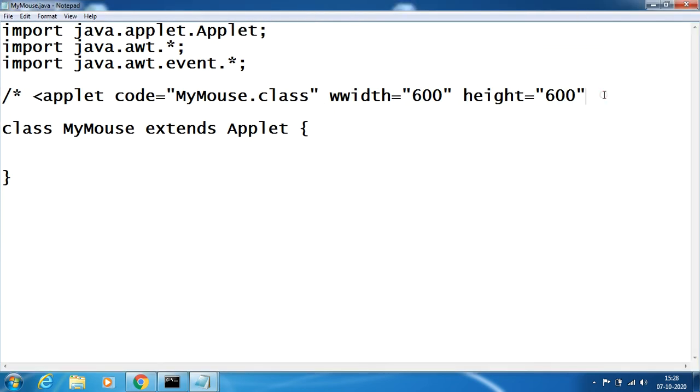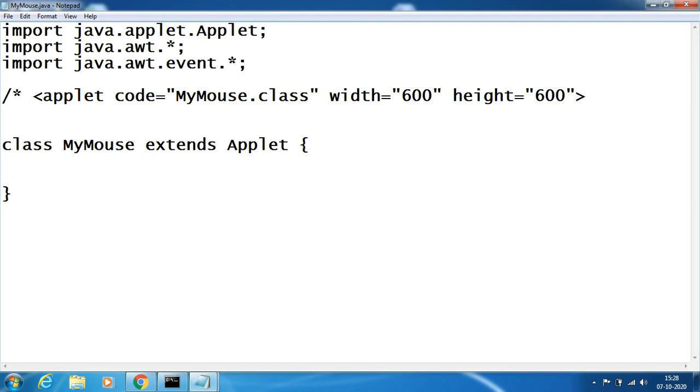Okay, there is a typo here, one extra W, and we close the applet here itself and close this comment box. Done.